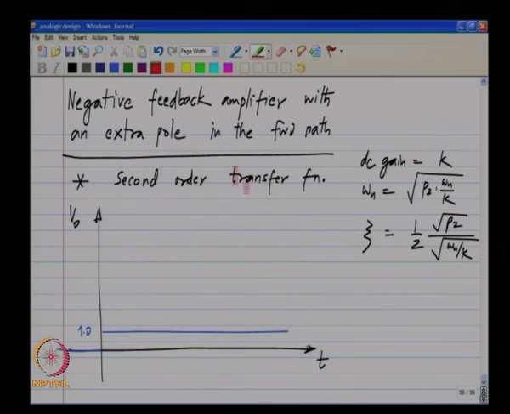So, after a long time, the output is going to reach k volts, because the input is 1 volt, the output is going to reach k volts after a while. Now, exactly how it gets there is determined by the damping factor. If the damping factor is much more than 1, then you get a very slow sluggish response like that,